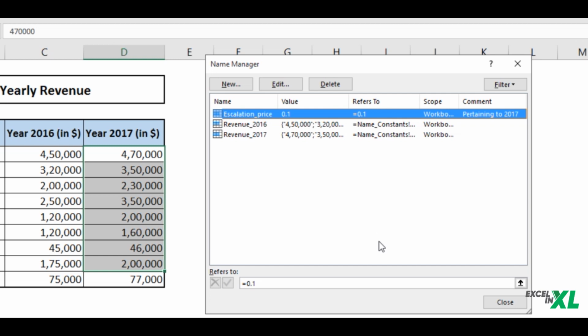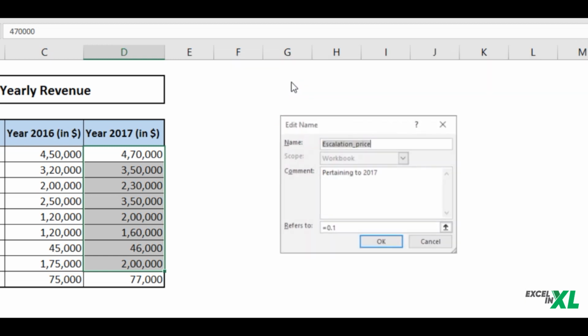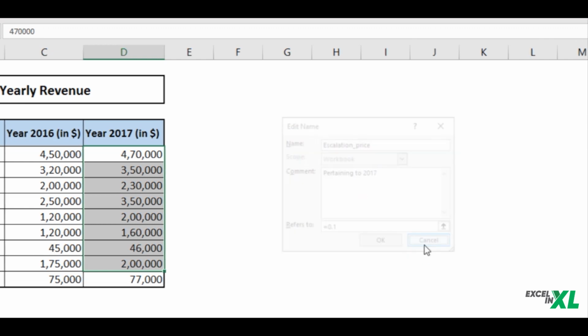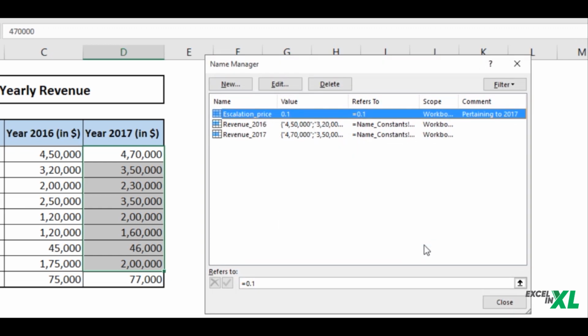But one thing which you must note here is that in the edit option, you cannot change the scope. Once you have selected that the named range should appear in the workbook, it will be visible in the entire workbook, and if you have selected the scope and limited it to a particular sheet, it will be visible only in that particular sheet. Now let's take a look at how to delete a named range.